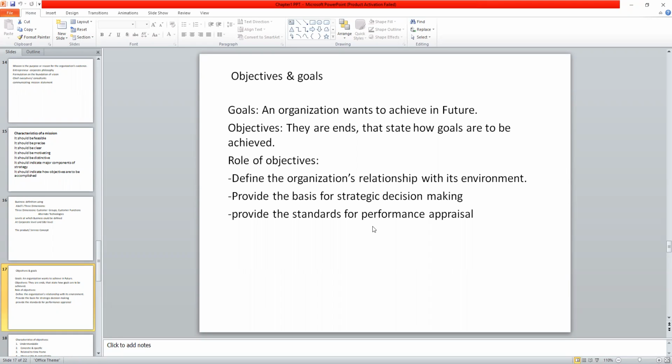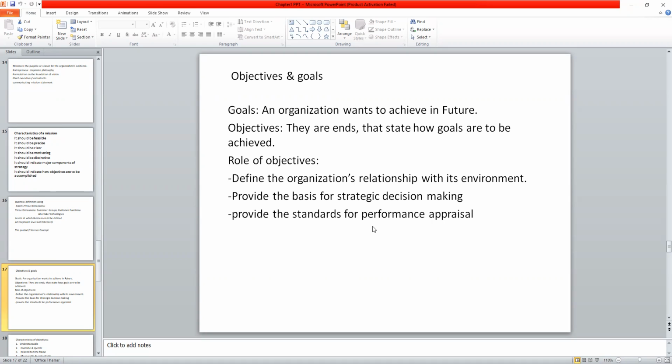Now, the Nano car, okay, the objective was to present or offer a car of 1 lakh or below 1 lakh, at an affordable price. That was the objective which the company thought would benefit the customers. From the customer's perception, the company just undertook the technology, used the technology to have a car which is affordable for the common people.